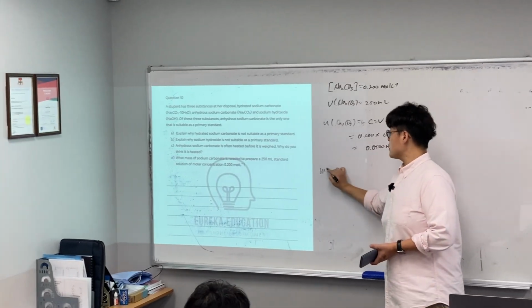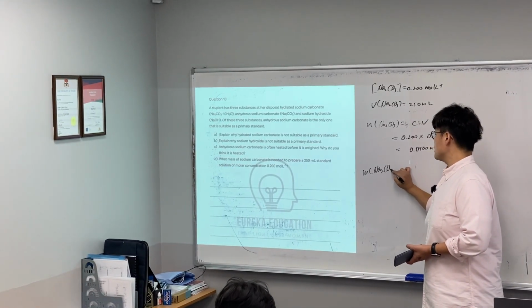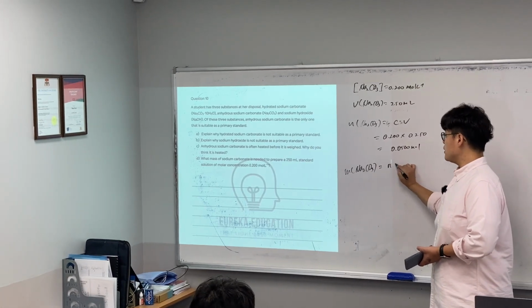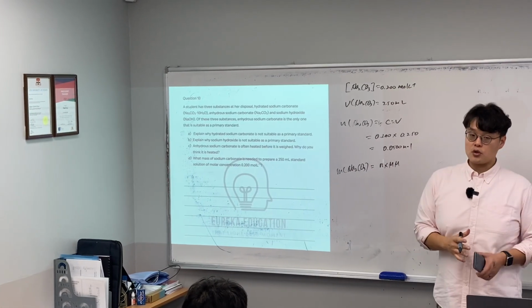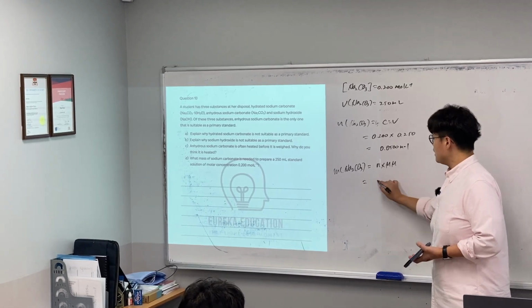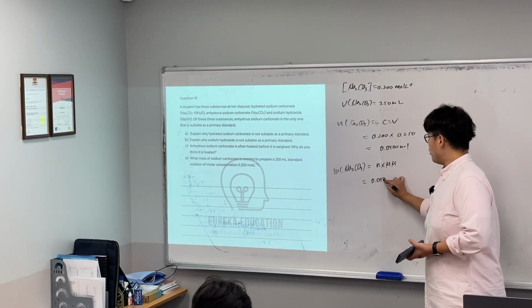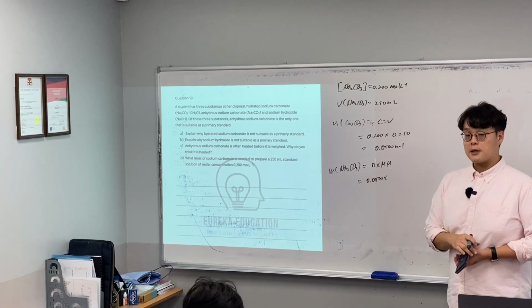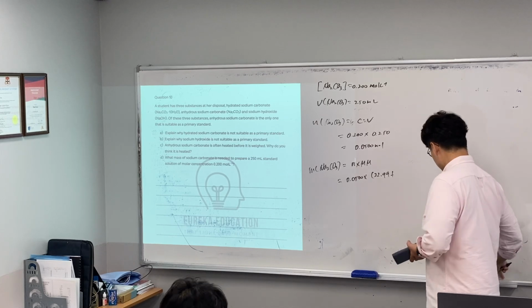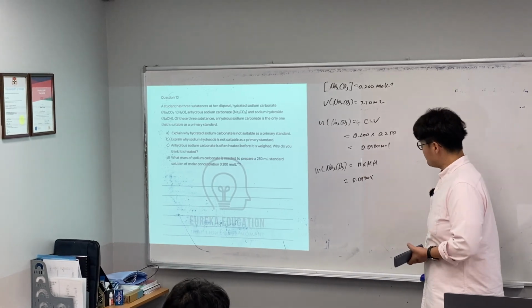Last thing, the mass of the sodium carbonate required can be calculated by m equals n times the molar mass. Make sure you show all the relevant working out like this, as I've been emphasizing quite a lot. n equals 0.0500 times the molar mass of sodium carbonate. That would be 22.99 times 2 plus